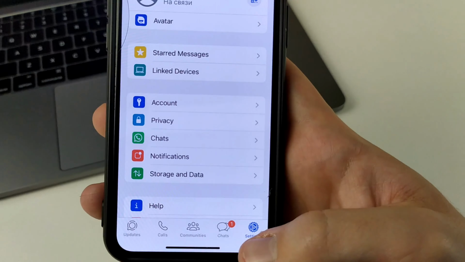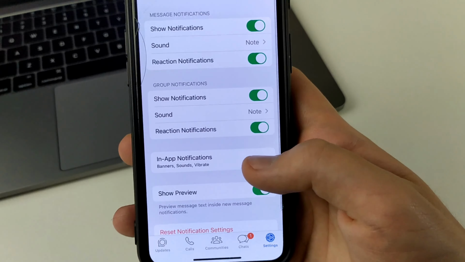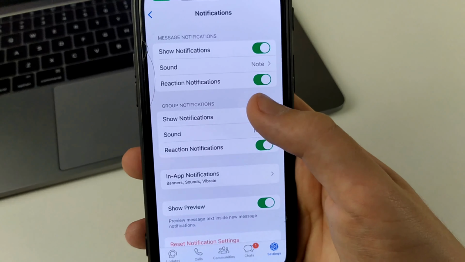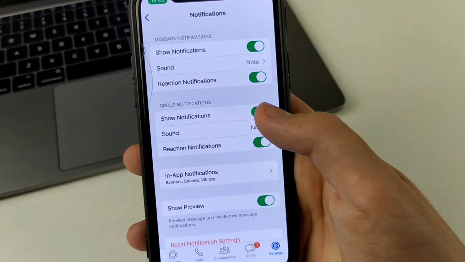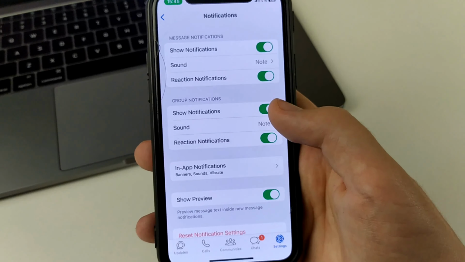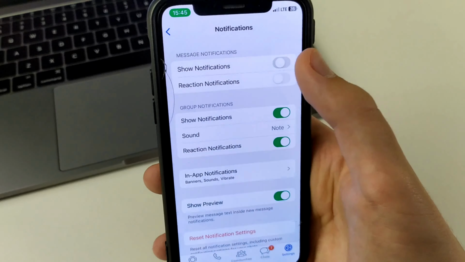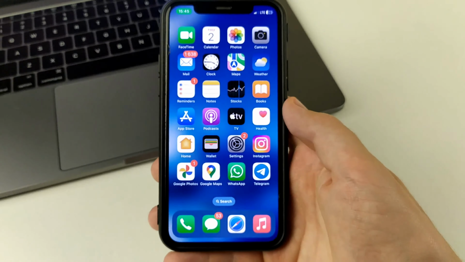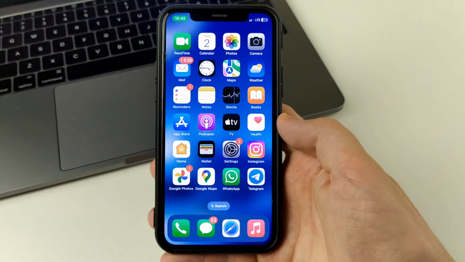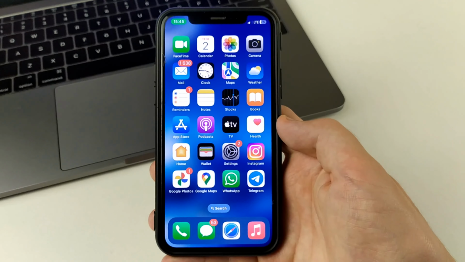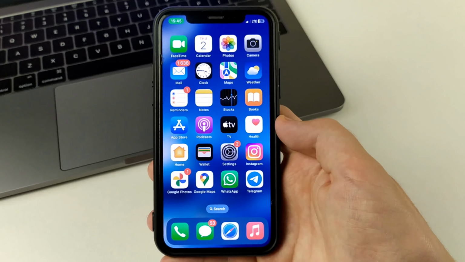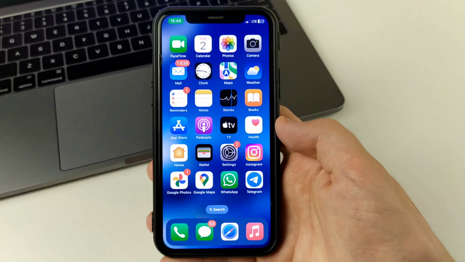Here also, when we go to WhatsApp, we can on iPhone, we can on other phones. Here we have chat and calls, we click settings. And notifications. After that, here also we can experiment with these settings. Hide something, add something, turn something on. Turn off, turn on, and so on.